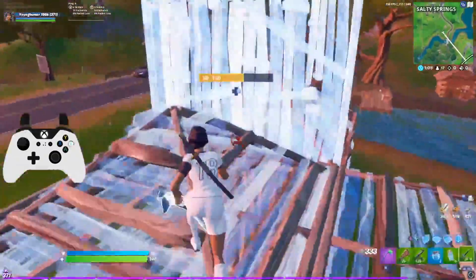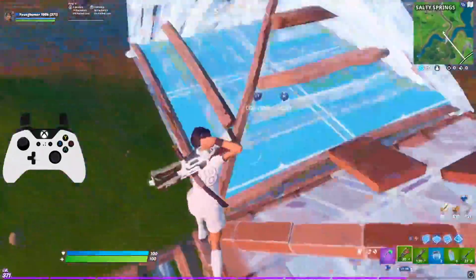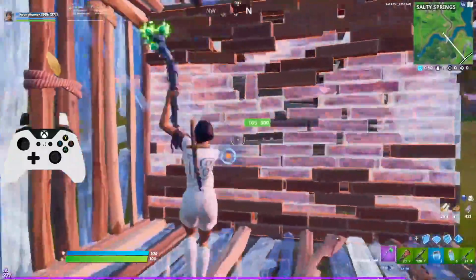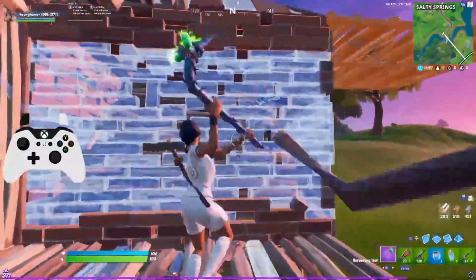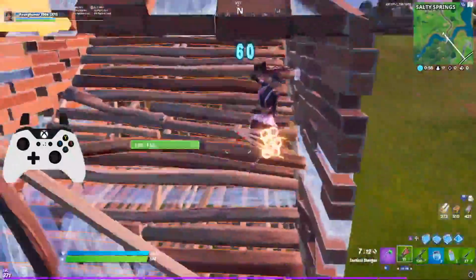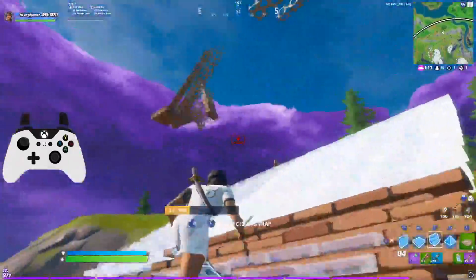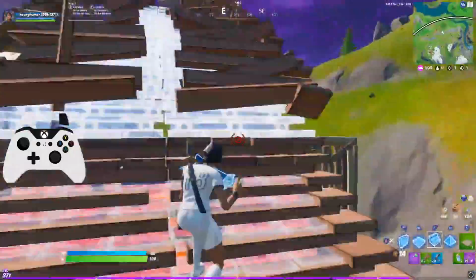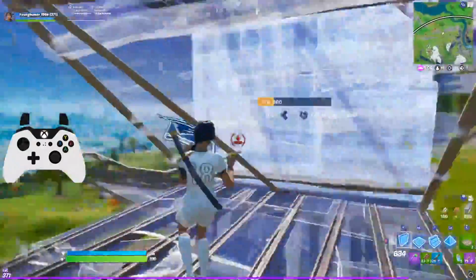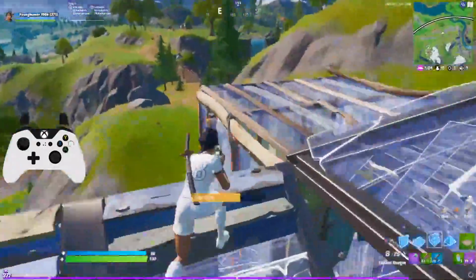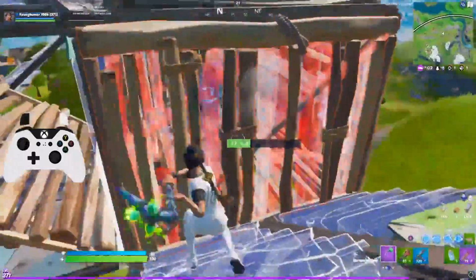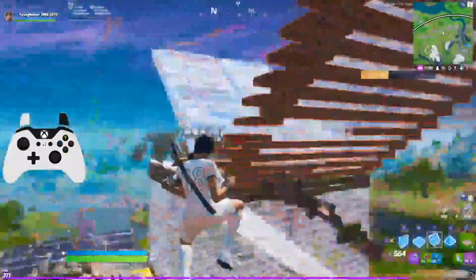So all in all, it comes down to your playstyle and how you play the game. If you're just a squad player, if you're a duo player, I would probably highly recommend playing on legacy. But if you're a solo player, solo squad player, a creative player, box fight type of player, it probably is your best bet to play on linear settings. But if you are a duo player, a squad player, or competitive player, legacy is probably going to be your